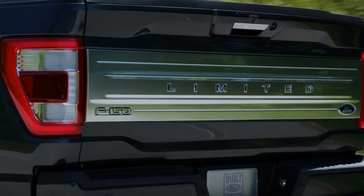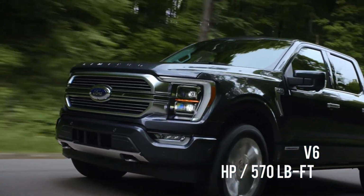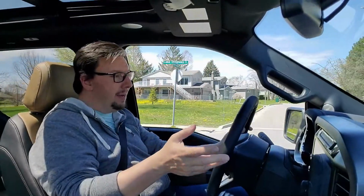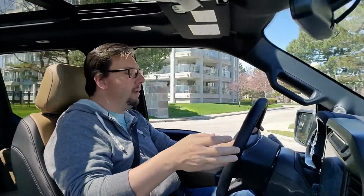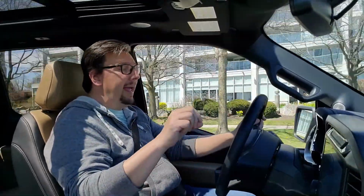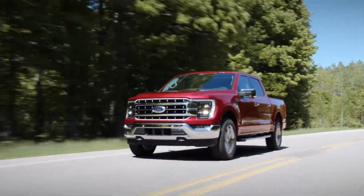It has an output of 430 horsepower and 570 pound-feet of torque. That is compared to, say, the base 3.5 liter non-hybrid EcoBoost, which would be 400 horsepower, even the 5 liter V8, which is at only 400 horsepower and 410 pound-feet of torque. So there are advantages to this overall, and you're getting more power with less gas or less expense in terms